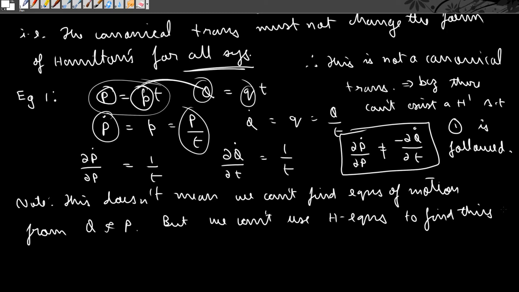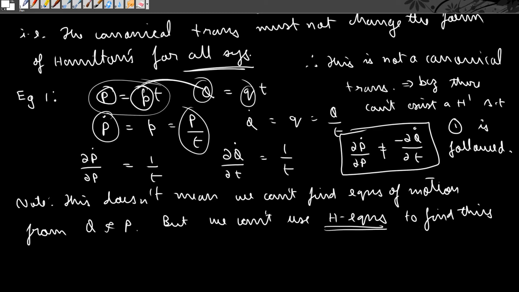So the whole point of canonical transformations is to make sure that we can use our Hamilton's equations to solve the motion, and our canonical transformations will make our problem easier to solve if in the new set of variables the Hamiltonian is cyclic with respect to as many variables as possible.